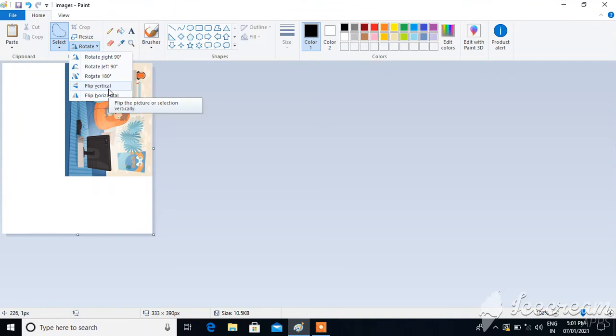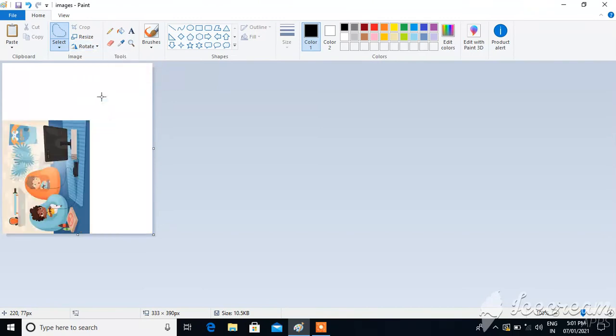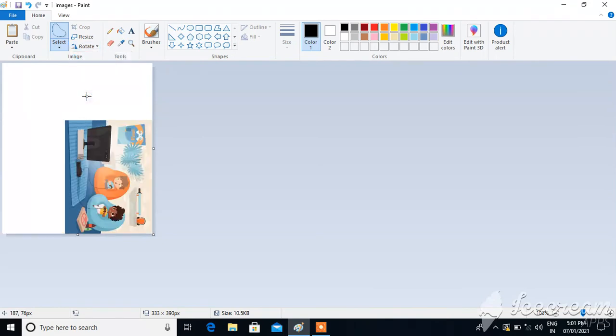See, when I click on flip vertical, what happens? It gets flipped. Flip horizontal means it changes the position by flipping. See the image here. This is the original image. This is the flipped image. How it gets flipped. Okay, like this, a mirror image. Okay, this is called flipping.